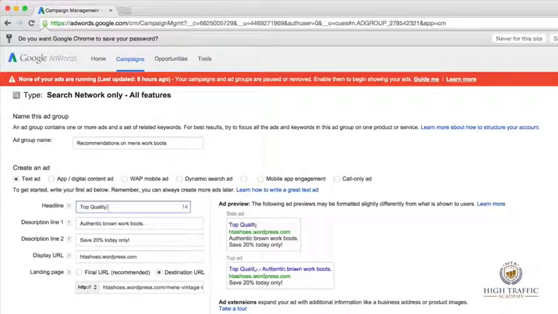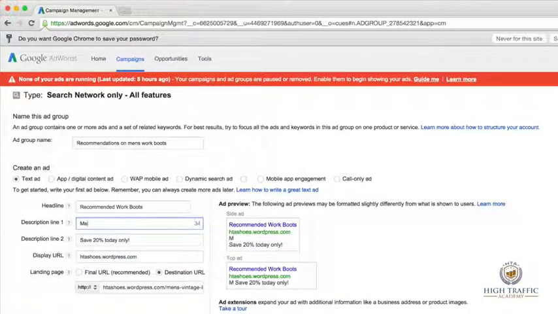So in this one, they're probably looking for the best quality. So I would put something like top men's work boots, or to get close to the headline here, we could put recommended work boots. And here in the ad description, we could put men's work boots recommended